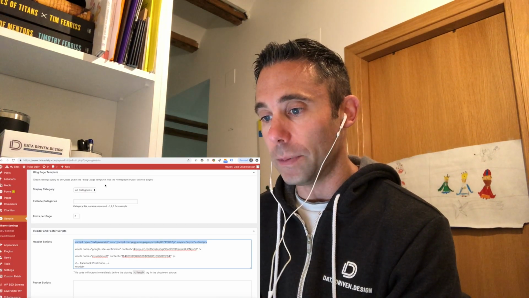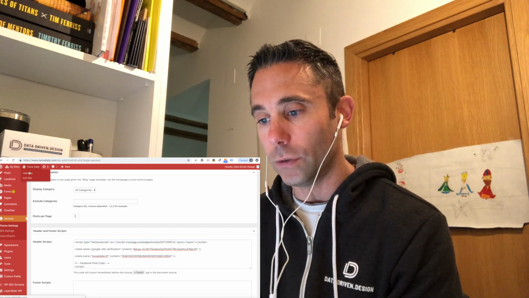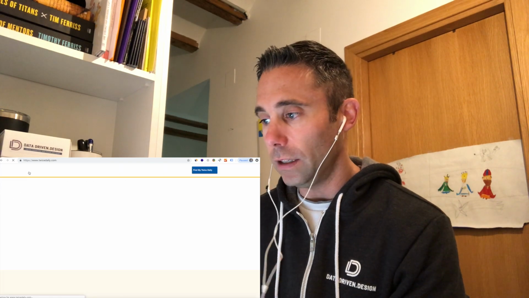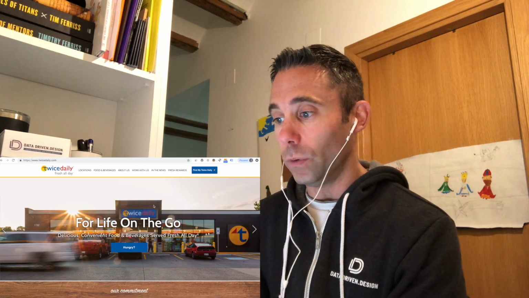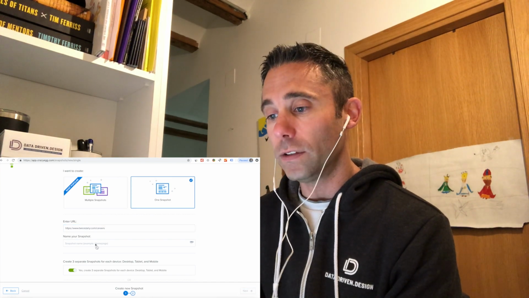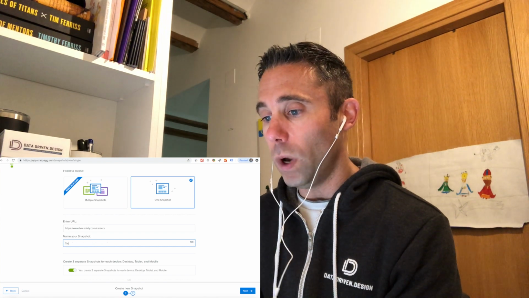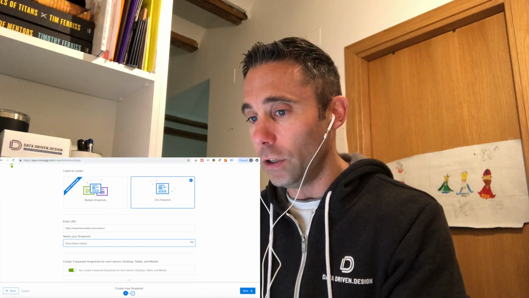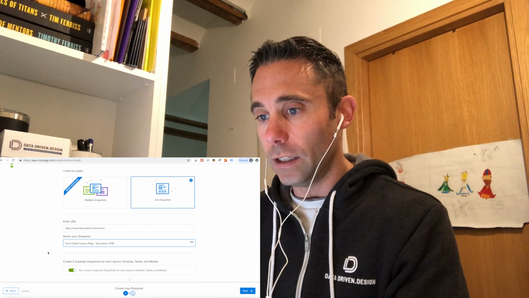and then it's the fun part to go ahead and set up your snapshots. So it's really easy to do that within CrazyEgg. You just go over to Snapshots on the left-hand side, add new over on the right-hand side, add new snapshot. And then the cool option is you can either do one page by clicking one snapshot on the right-hand side, or you can select multiple snapshots. In this case, I'm going to do one snapshot. I'm going to enter in the URL of the website that I want to take a look at here,